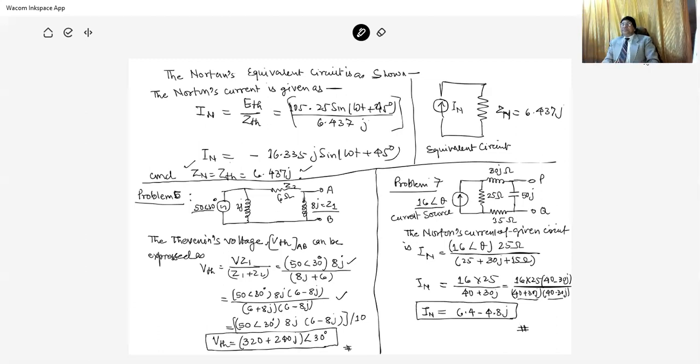So in this network type of problem, we have 7 problems, and these 7 problems are very important regarding the examination. In this workshop and faculty development course, I have compiled these 7 problems. That is the second lecture of this part 2, which gives the insight of the network theorems. So this is all about today's lecture. Thank you.